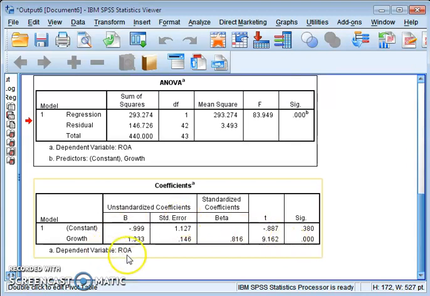So by looking at this table, we can conclude that growth rate is having a positive impact on ROA, and this impact is also statistically significant. Okay, so this is the interpretation of regression. Suppose, just for example, the significance is higher than 0.05, then we will conclude that growth rate is not having any significant impact on return on asset. That means return on asset cannot be predicted with the help of growth rate. Okay, so this is all about this regression analysis. I hope